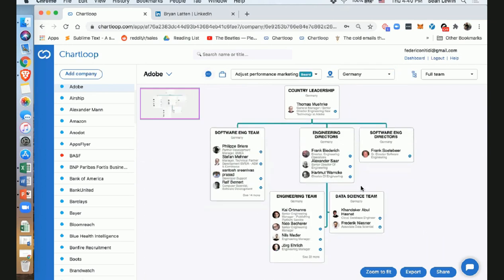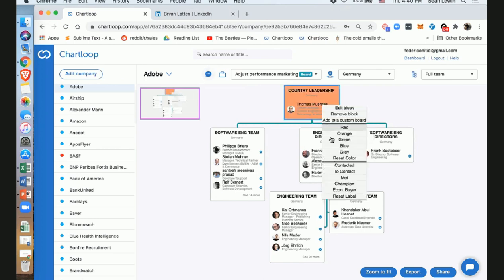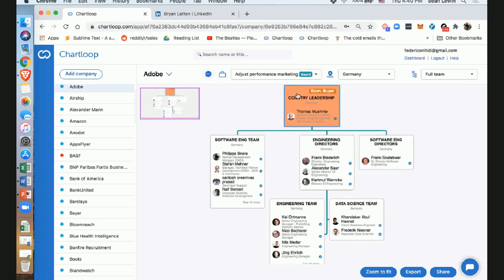So for example, we already have a small deal with somebody in the Germany team. Thomas Merck here is the general manager for Germany. I'll mark him here in orange since he's our decision maker and also our champion, right? So I'm going to call him our economic buyer. So that's where we started. There are about 50 other people in the Germany team, but